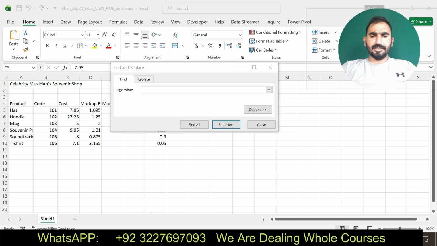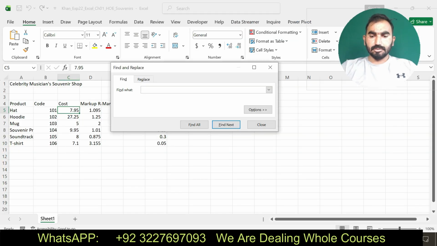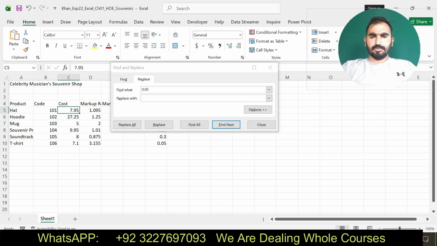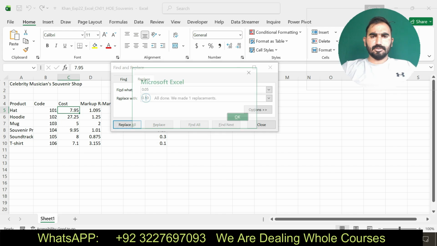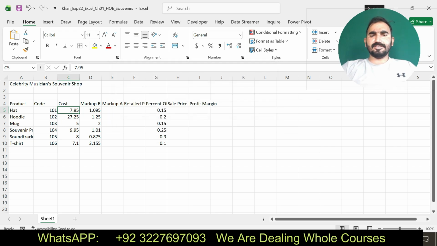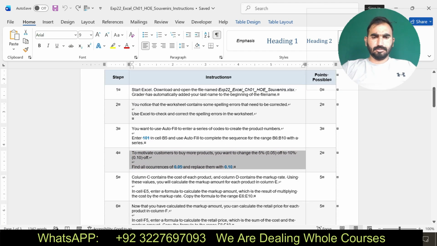It says 0.05 and replace them with 0.10. Here you can see all done. We have made one replacement and closed the step. Now I am going to move to my next step.